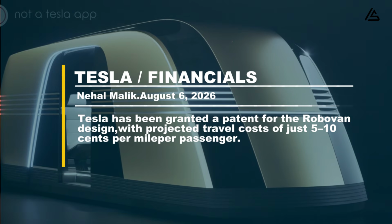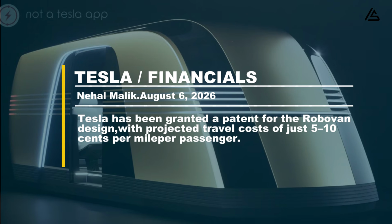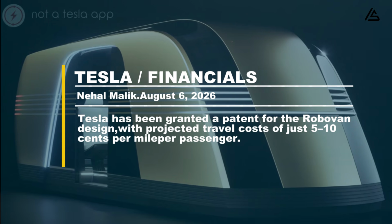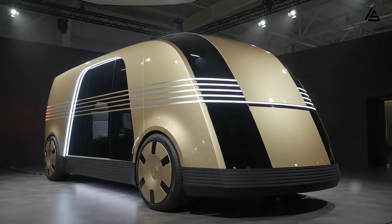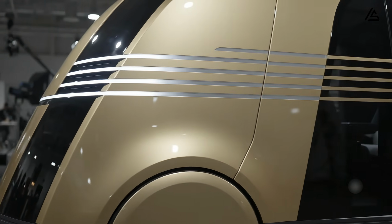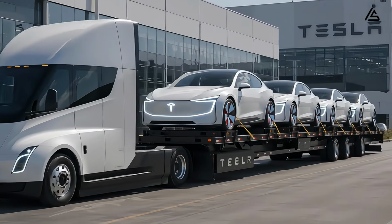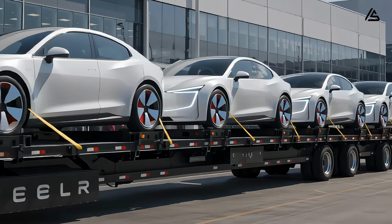Tesla secured a design patent for the RoboVan on August 4th. The pitch there is travel cost between 5 and 10 cents per mile per passenger. That's a completely different vehicle category, but the underlying instinct is identical to what we're describing for Model 2. Strip a product down to the components that actually move the cost per use number, and don't apologize for what's